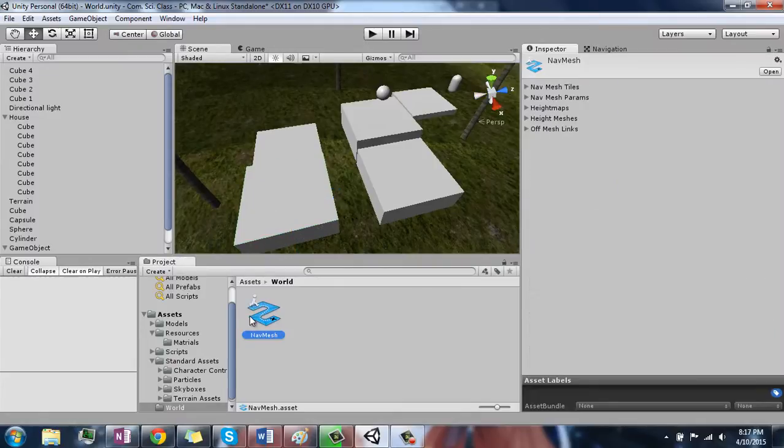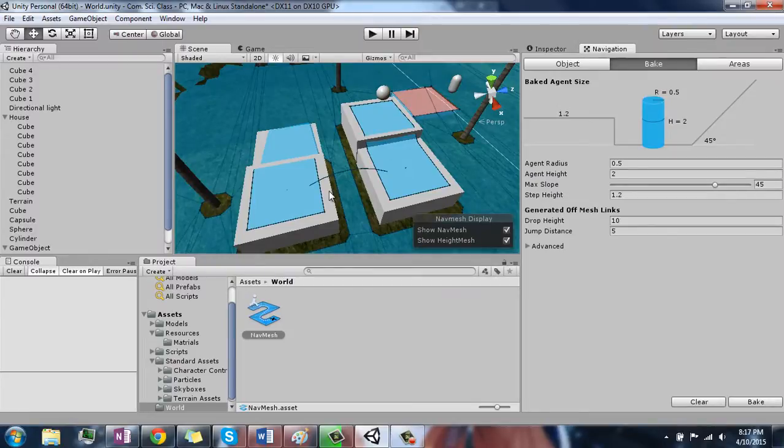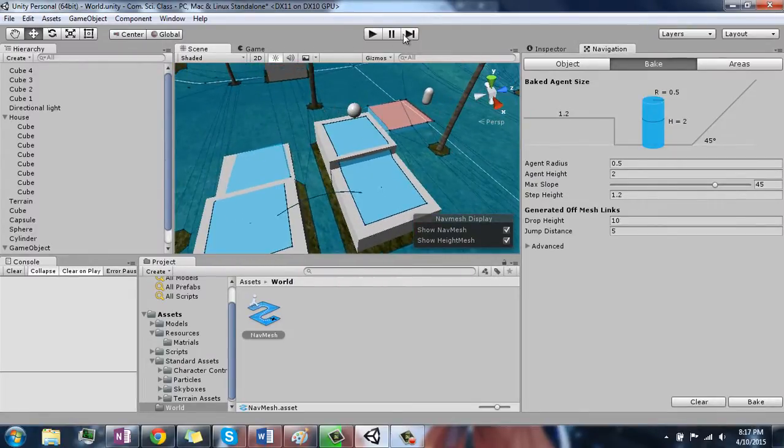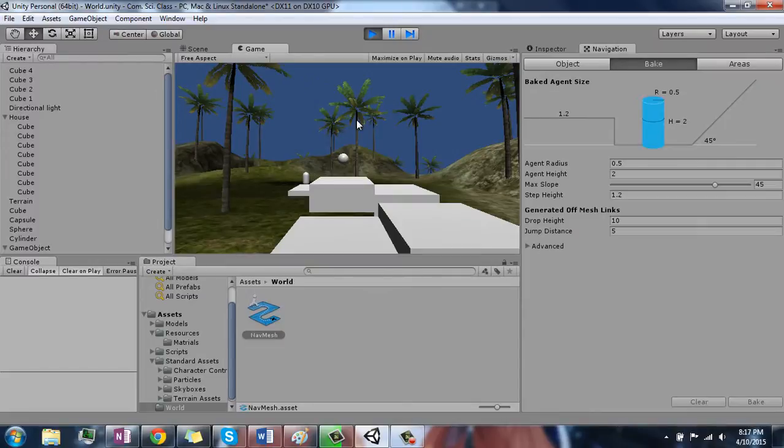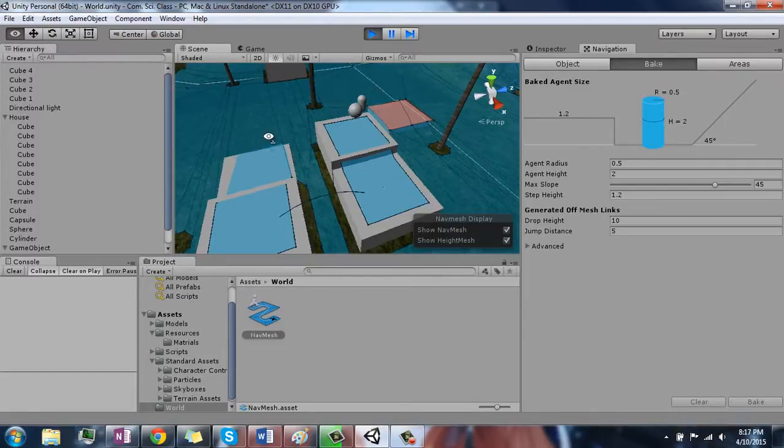And if we look at our nav mesh now, you see there's a link there. Now our object can, or should, navigate